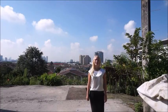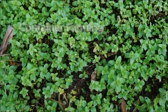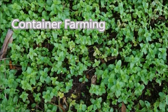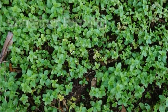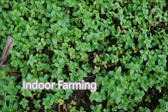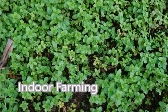There are several types of urban farming. One of the types are container gardening or container farming. It is common for people with small patios, yards or balconies. The plants grow in various containers. The other type is indoor gardening or indoor farming. It is when no patios, yards or balconies are available and the plants can grow in indoor greenhouses or